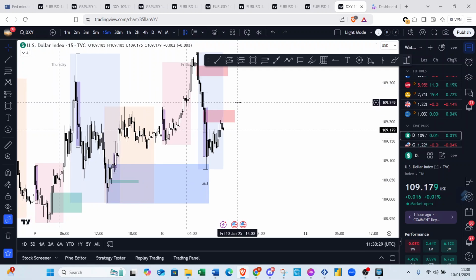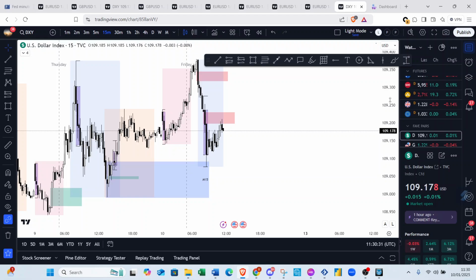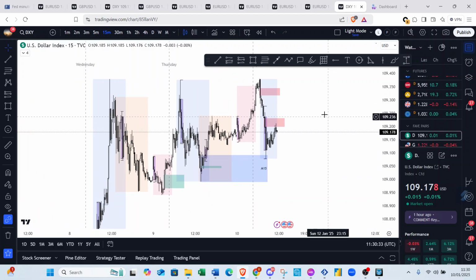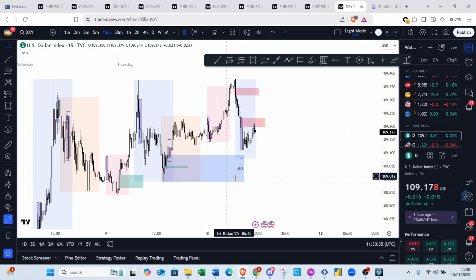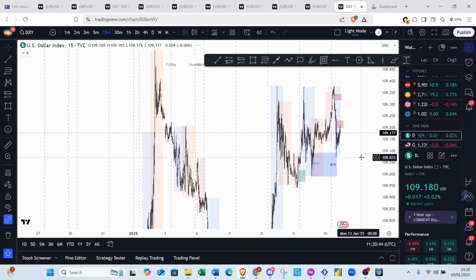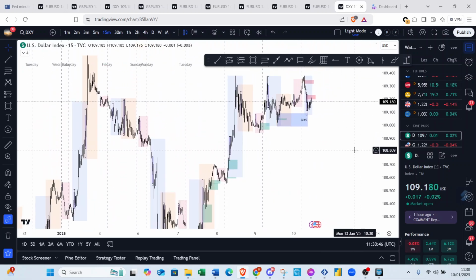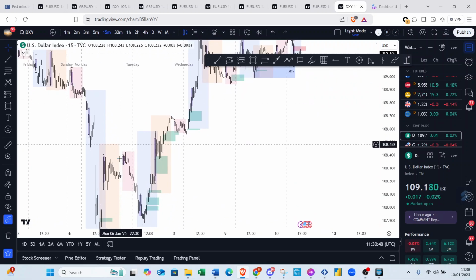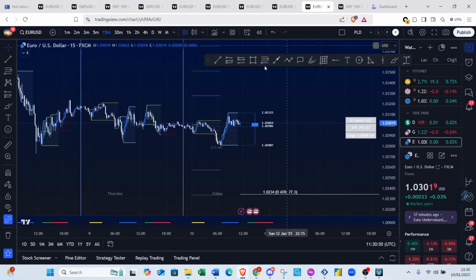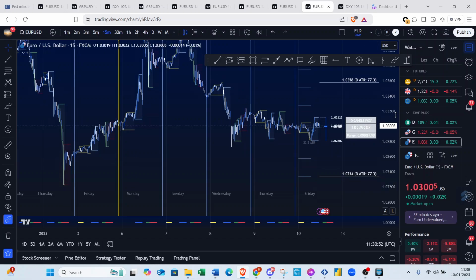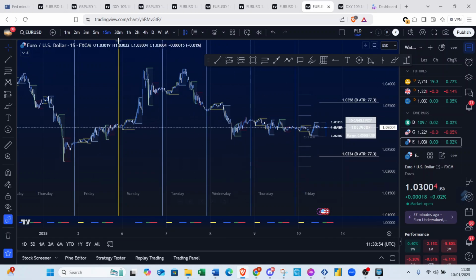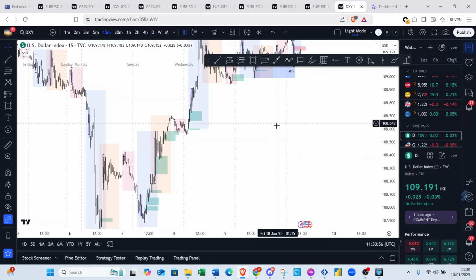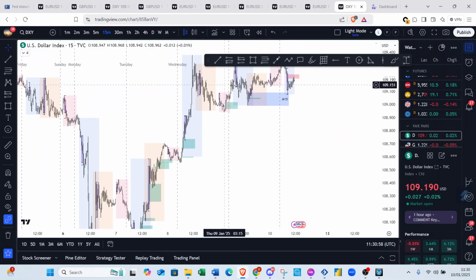But yeah, what I basically want to tell you is it's worth checking that if the DXY goes up, then the Euro and GBP come down. As you can see, we've had a big push up this week since Monday. And what's happened on Euro? We've had a big push down since Monday. You know what I mean? It's not correlated exactly the same, but